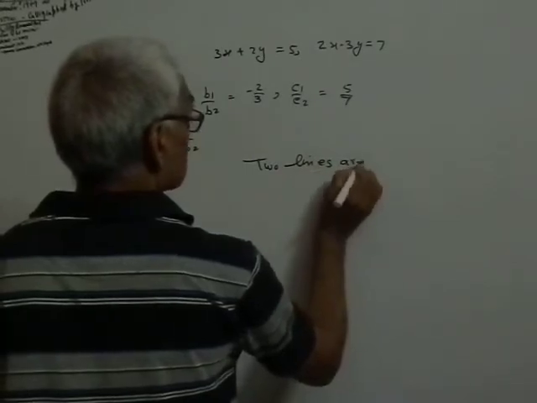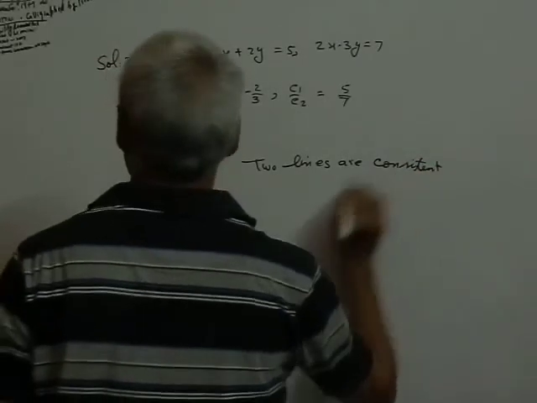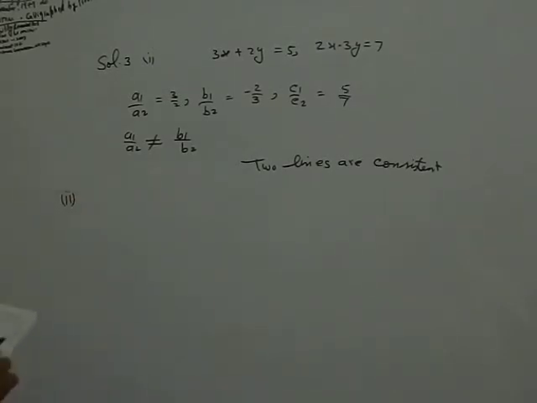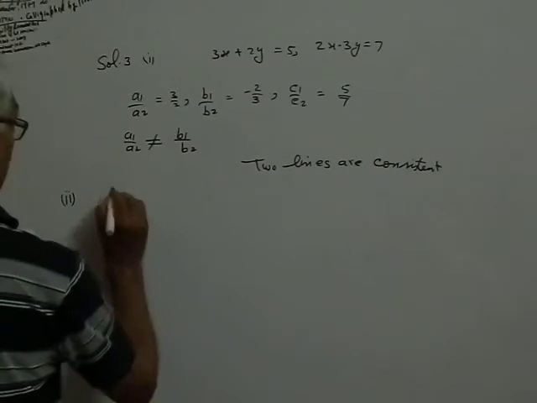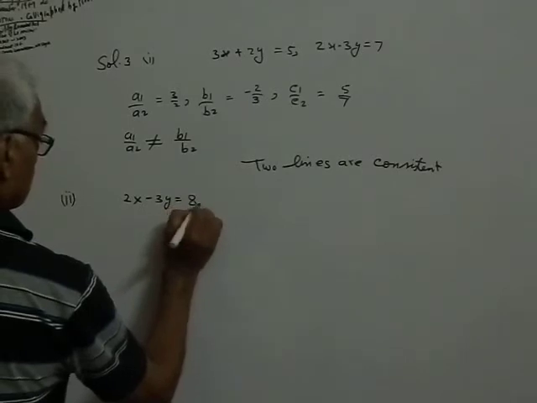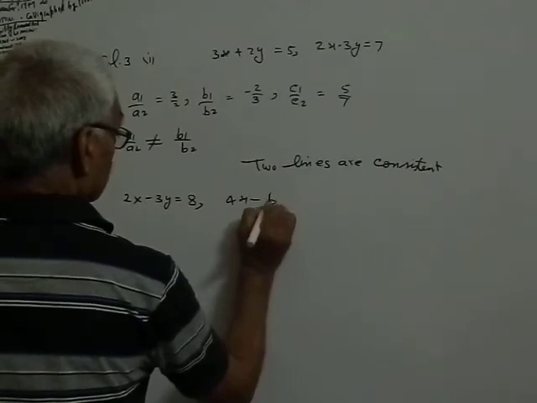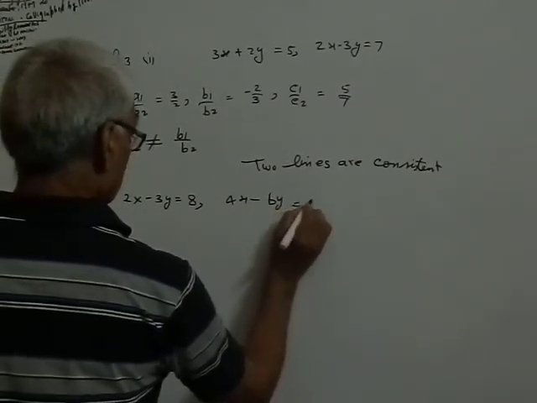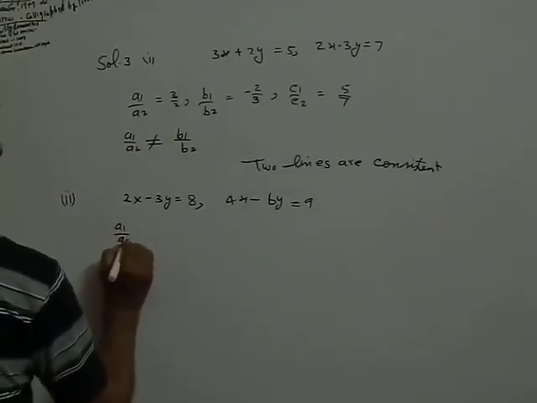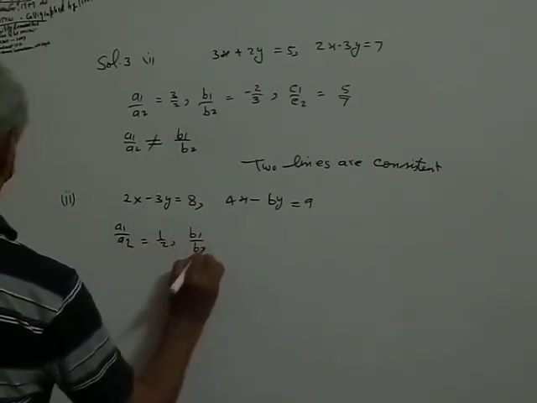Two lines are consistent. Now the second part of solution third will be 2x minus 3y is equal to 8, and 4x minus 6y is equal to 9. Here a1 upon a2 is equal to half, b1 upon b2 is equal to half,